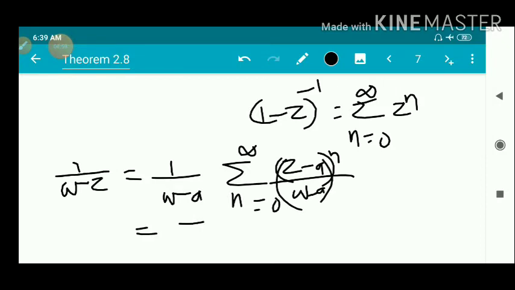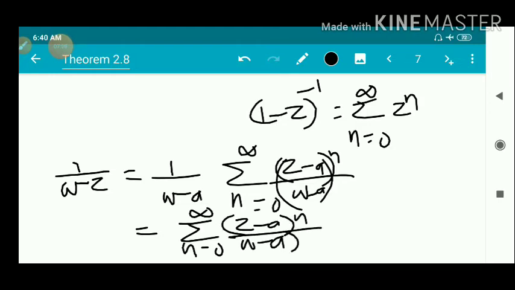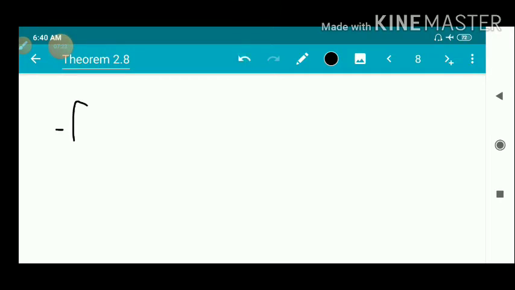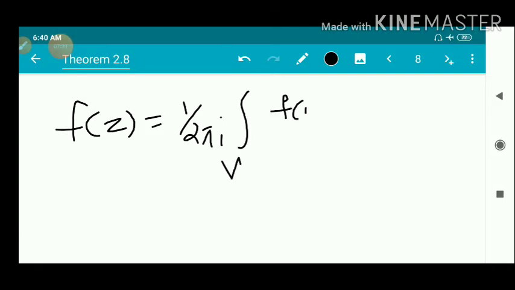That's equal to sigma n equal to 0 to infinity (z minus a) whole raised to n divided by (w minus a) whole raised to n plus 1. This (w minus a) into (w minus a) whole raised to n means (w minus a) whole raised to n plus 1. So we can write f of z in the form f of z equal to 1 by 2 pi i integral over gamma f of w